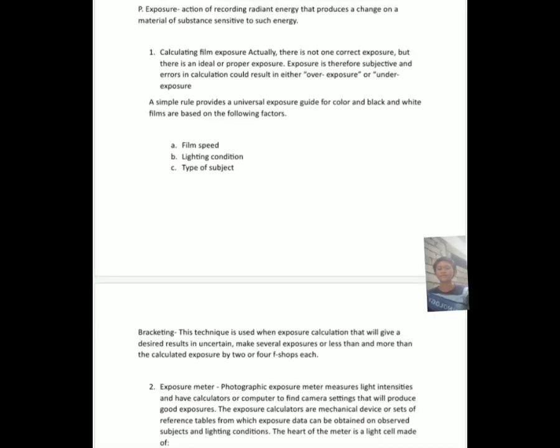So B, exposure. It is an action of recording radiant energy that produces a change in a material or substance sensitive to such energy. So from the word expose, so nadyo siya like for example ang